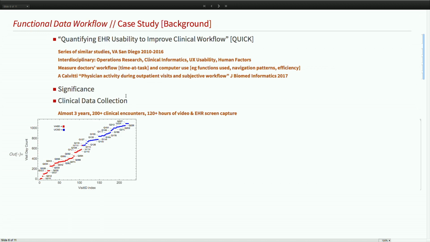It's interdisciplinary, so it relates to operations research, clinical informatics, usability, human factor analysis. The idea is to measure doctors' workflow with time at task, and also computer use. What functions did they use? And as part of that, navigational efficiency: how long would it take a doctor to order a medication, something like